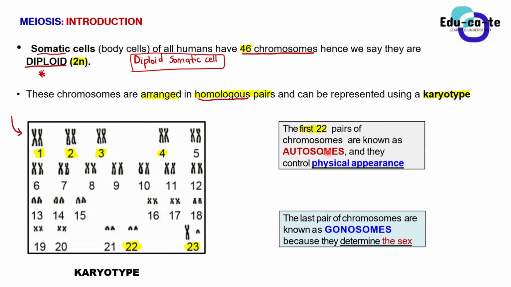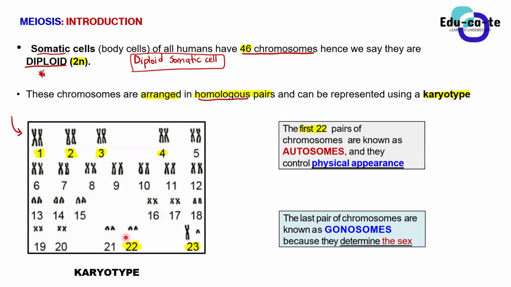So now we are going to the type of chromosomes. So we have got autosomes. When I talk about autosomes, we are referring to the first 22 pairs of chromosomes that are found in this human karyotype. For example, pair number 1 is an autosome. Pair number 2 is an autosome. Pair number 3, all of these are autosomes. Until pair number 22, all of these are what? They are known as autosomes. So from pair number 1 to pair number 22 on the karyotype, those chromosomes are known as autosomes.